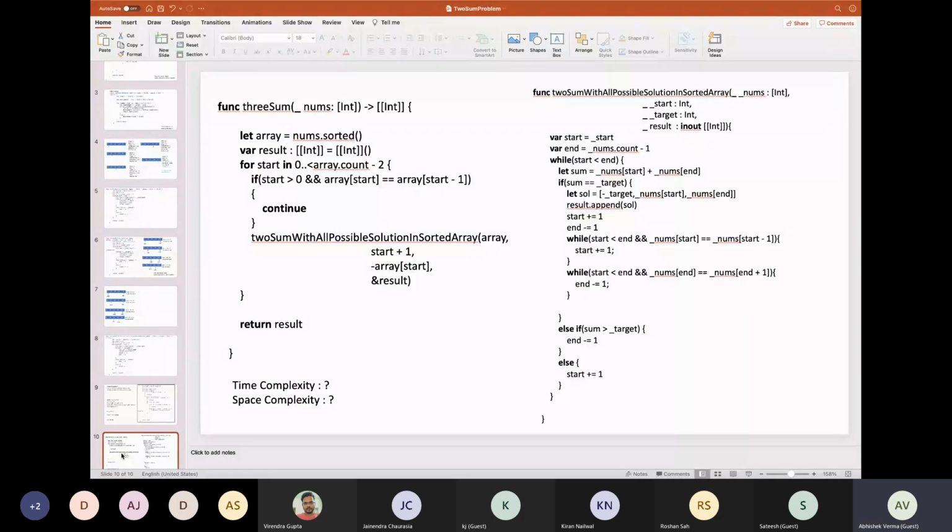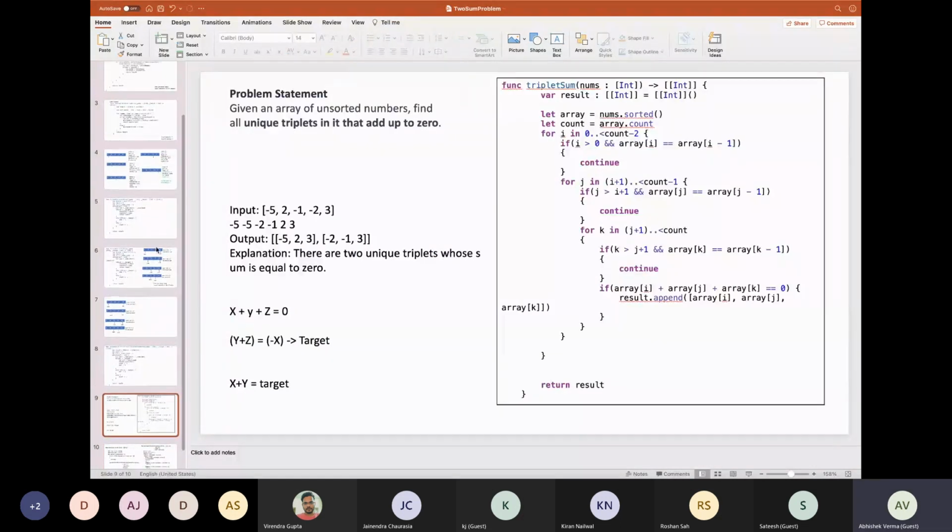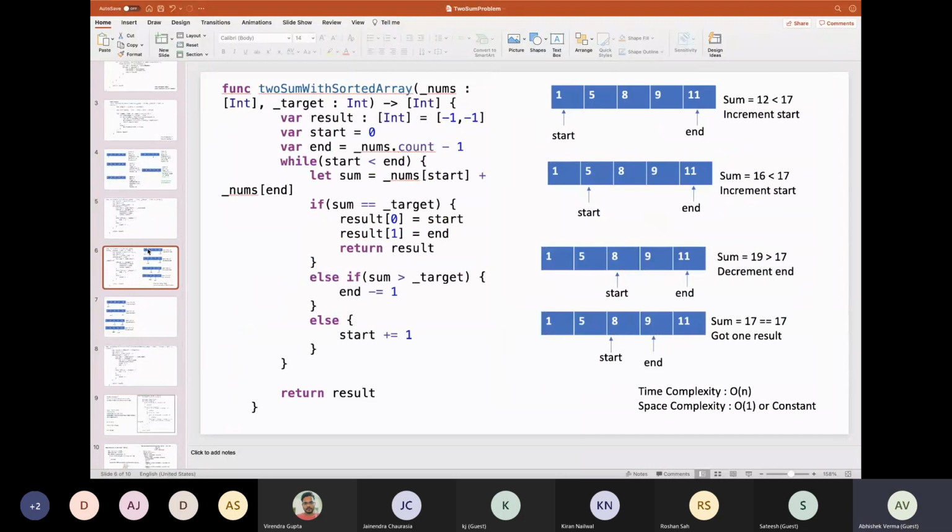Okay, so similar to what we have written previously, two sum with all possible solutions in a sorted array. I have written the same function with some minor tweaks here. We are passing the numbers array and the target. Inside this, we are setting the start value, which I have passed as an argument.